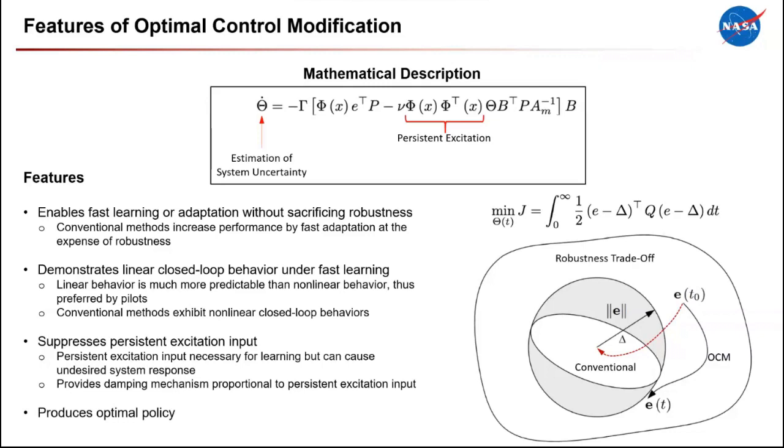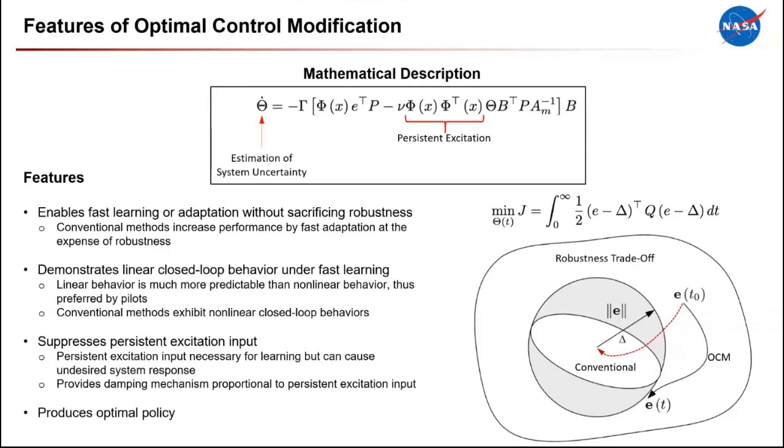Typically, a conventional method wants to go to the origin, meaning that there's no error. But that's where the weakness of the conventional methods lies, because by going to the origin, it ends up losing a lot of robustness. It cannot tolerate any sort of uncertainty in the system,